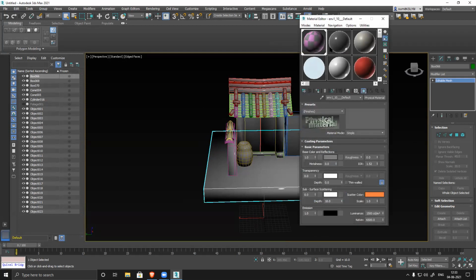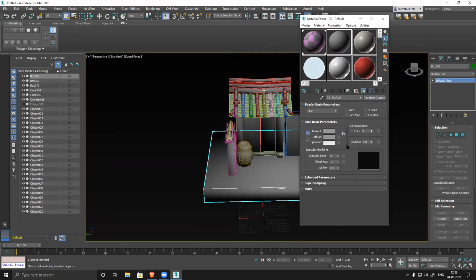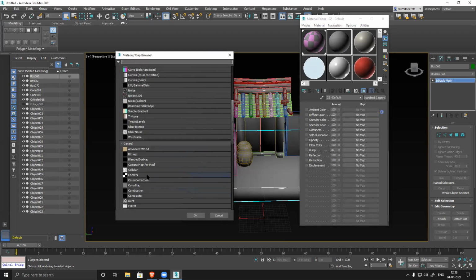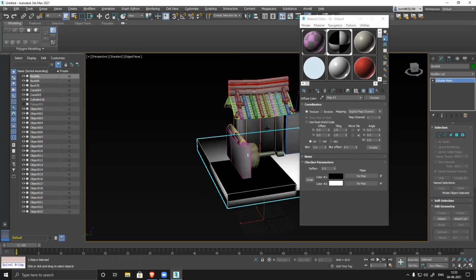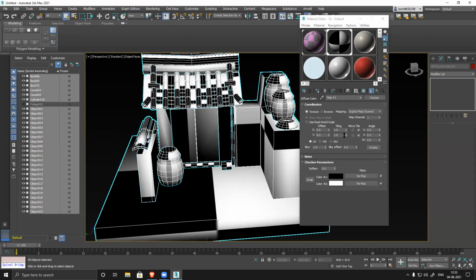Oh, okay. Let me see. Just give me a second. Use static material. Use a checker. Assign same material.